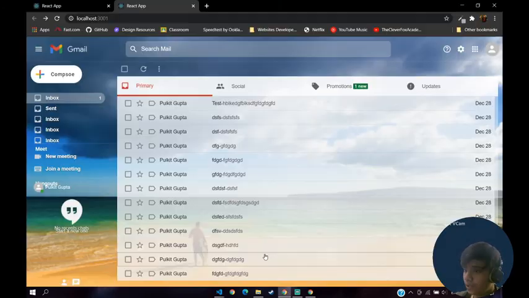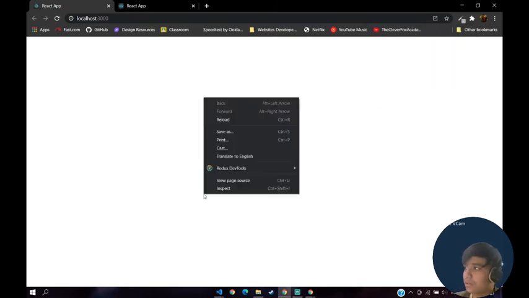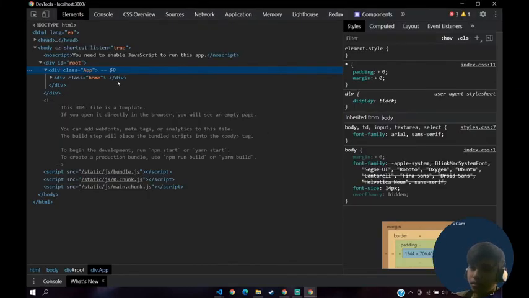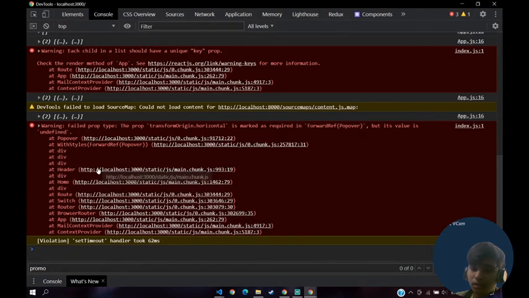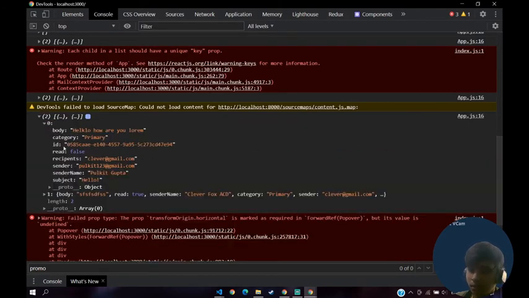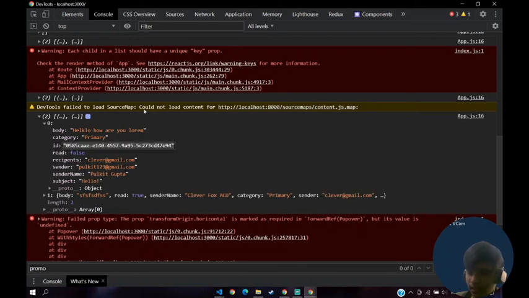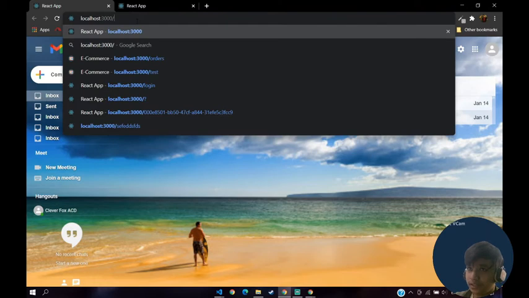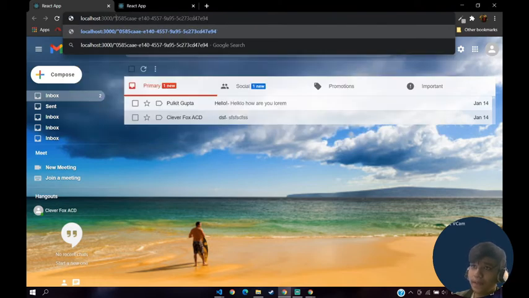Save that, go back to your application, refresh, and open up your inspect. If we go to the console, the on-screen mails are only 2. So for example, this is the ID. I'll copy this ID and browse towards this ID.